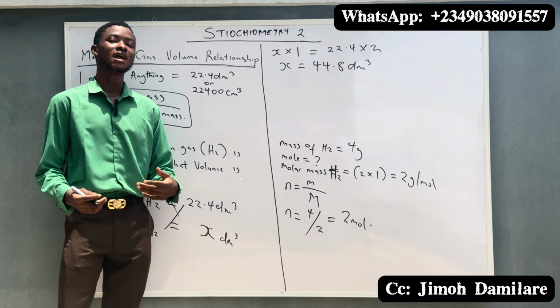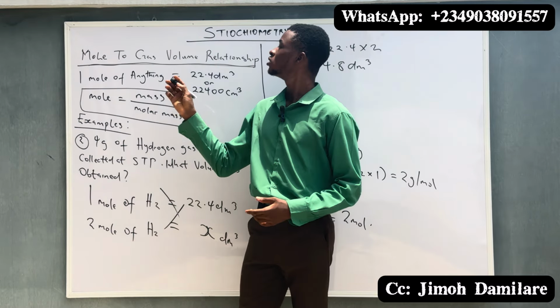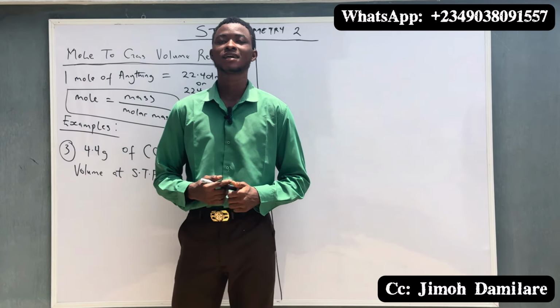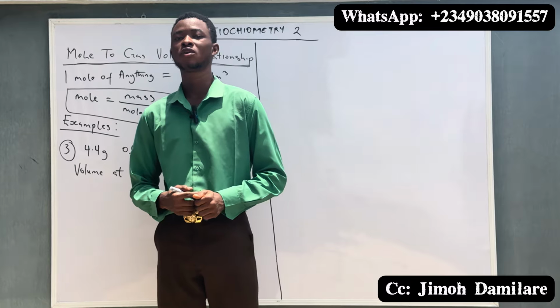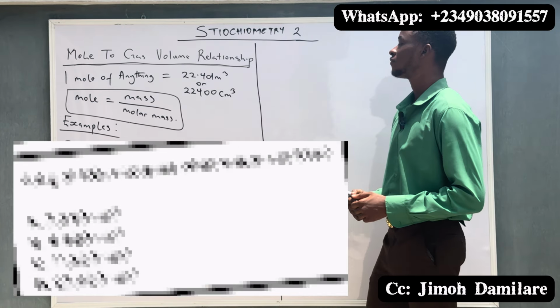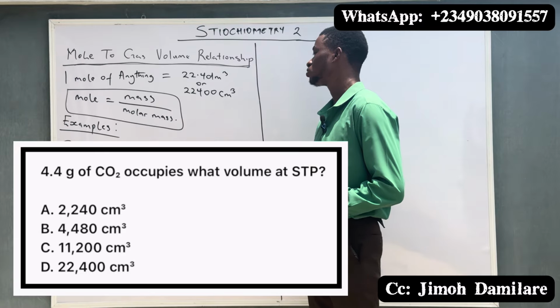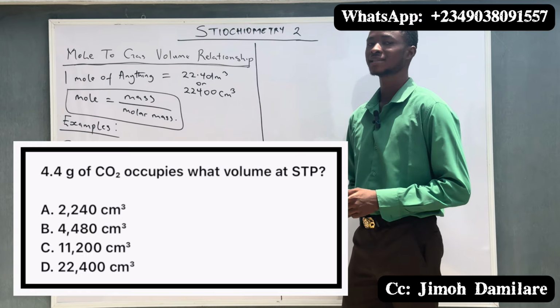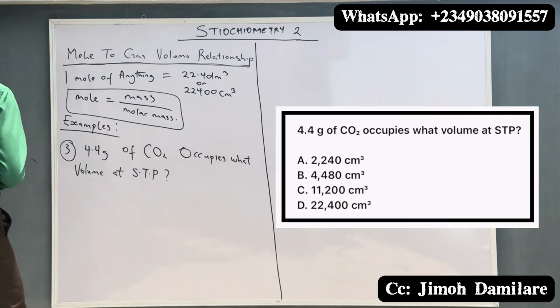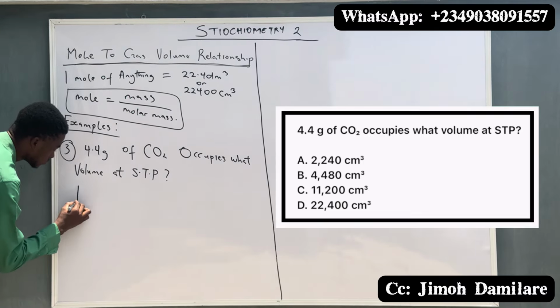So let's look at the last example on mole to gas volume relationship. And moving to the last example, the question as displayed on the screen says that 4.4 grams of CO2 occupies what volume at XTP. So in this case, what should come to your mind first is that 1 mole